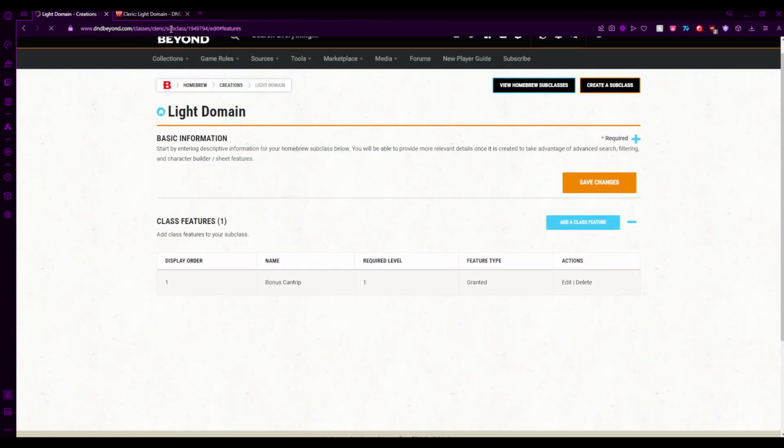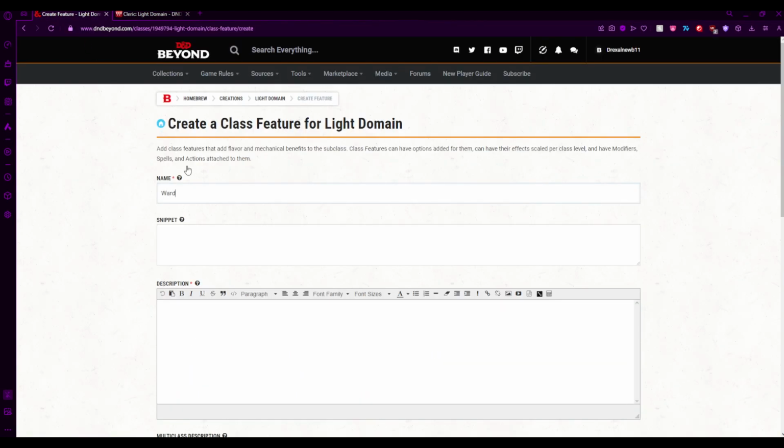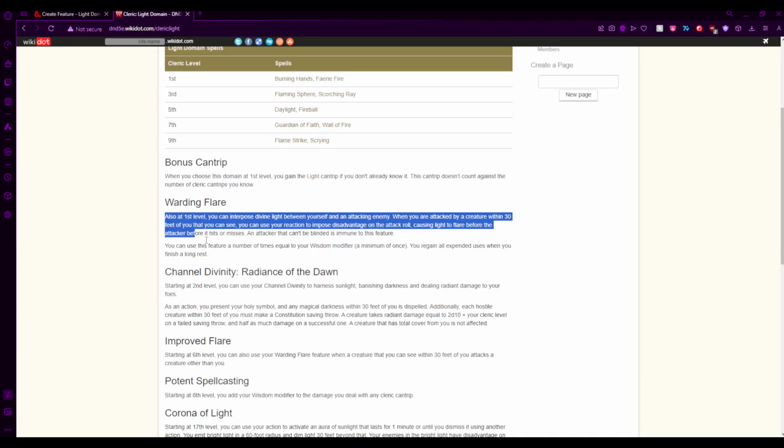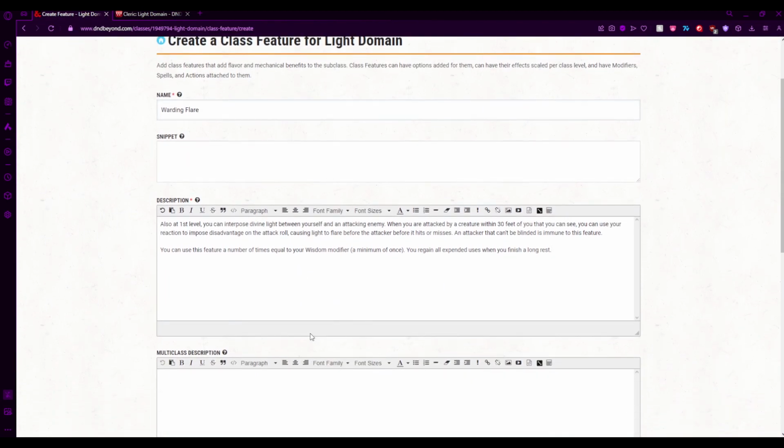Next up, we'll add Warding Flare. So, you can interpose Divine Light between yourself and an enemy. When you're attacked by a creature within 30 feet of you that you can see, you can use your reaction to impose disadvantage on the attack roll, causing light to flare before the attacker,